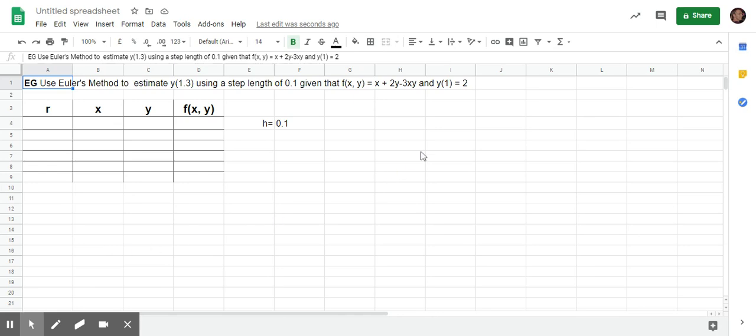Starting from the end, we're told our value of y when x equals 1 is equal to 2. We're told our gradient function, and the step length, and this is what we're being asked to find out, the value of y when x is 1.3. So this is really just to show you how to use the spreadsheet to do these calculations if you're not